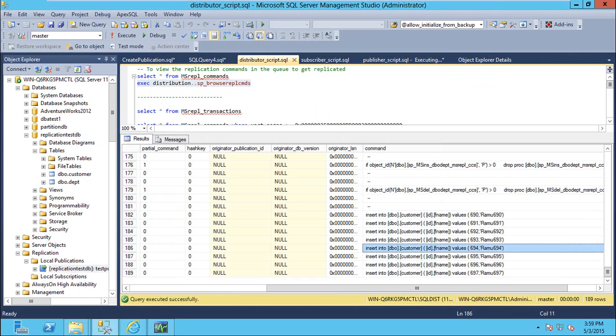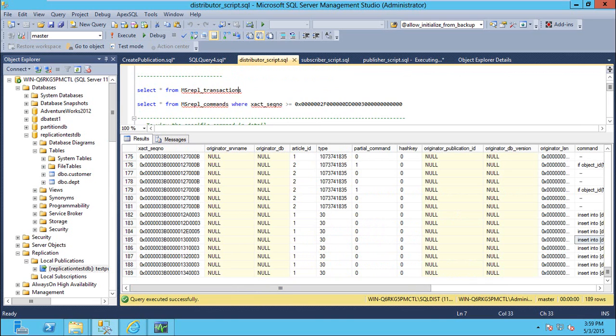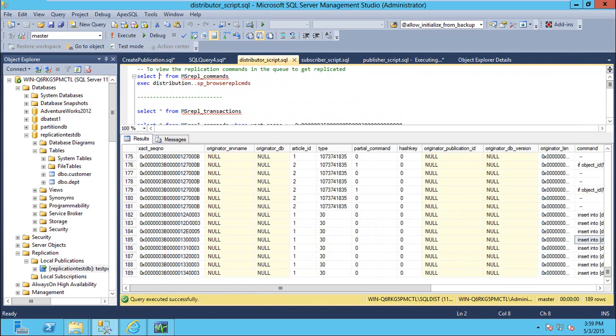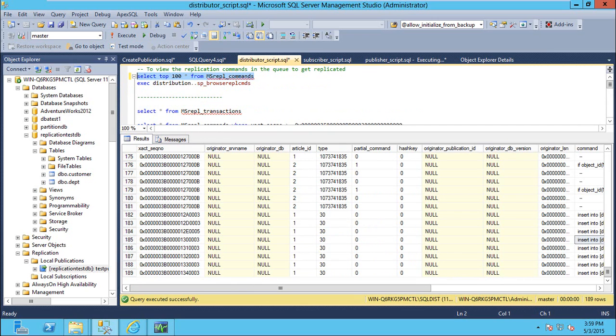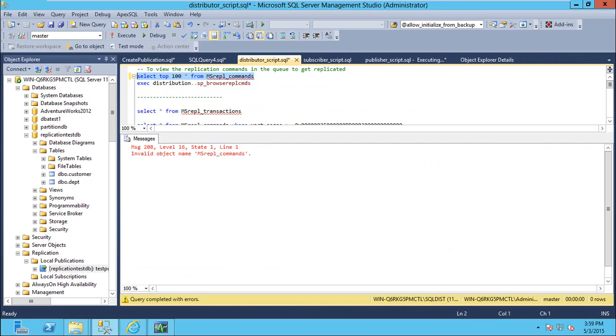So this statement is an ANSI statement, and you can execute this statement against any server, you know, Oracle or MySQL, whatever it is. If you execute this command, you will be browsing all the rows. Okay, so probably you don't want to do this. You might want to just say select top 100. Okay, say this browse repl commands. This is a stored procedure, and the stored procedure is browsing this table. Okay, so if you browse this table,